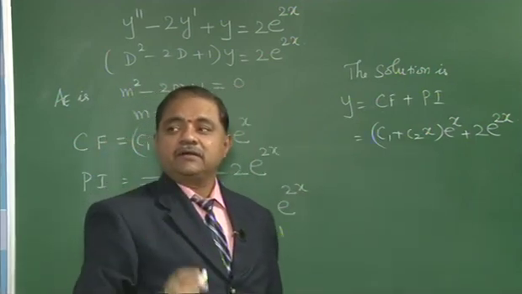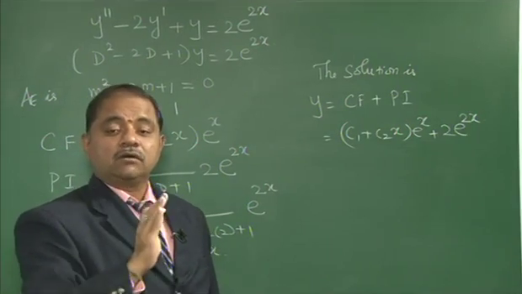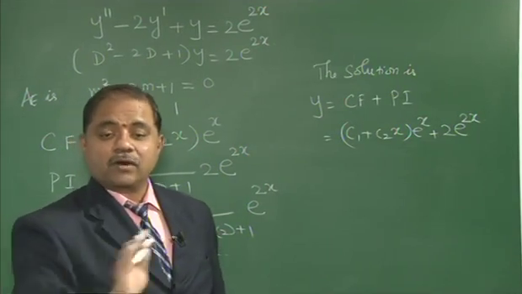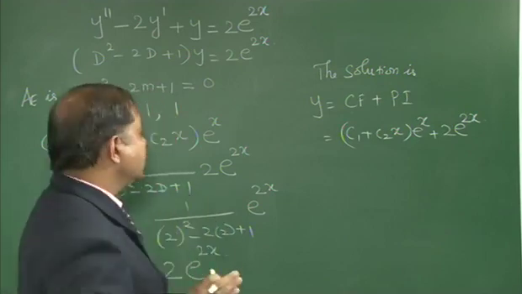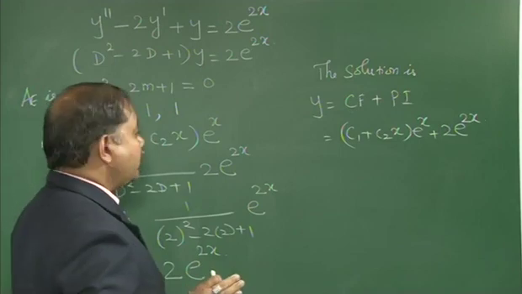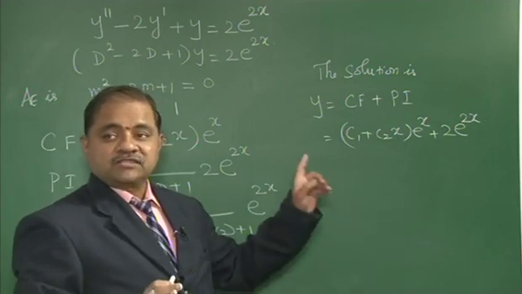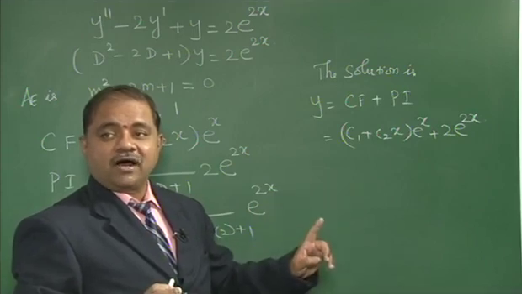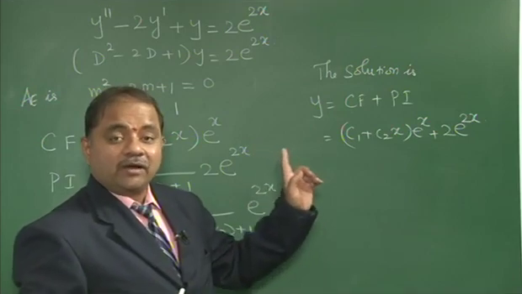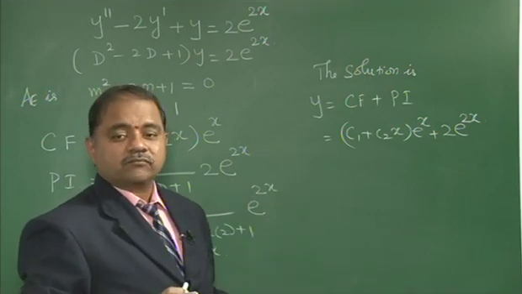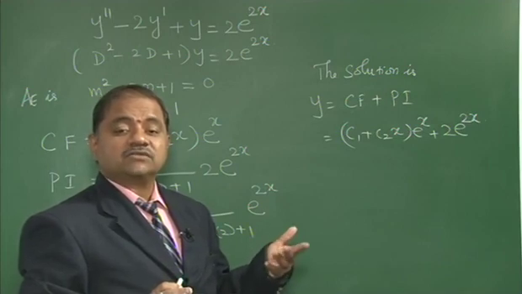Whatever I am telling, the complete format is very important. Don't miss anything. You have to write the complete solution as I am giving: your complementary function, particular integral, then the total solution. The first problem in type 1 we have seen for unequal roots. This question is for equal roots. What is the third one? We are going to see complex roots.